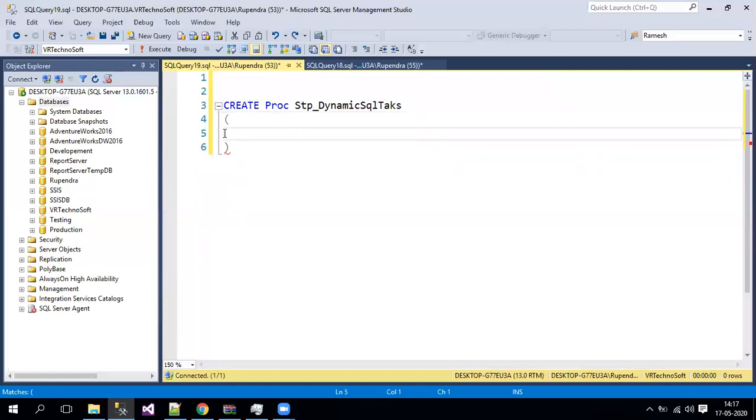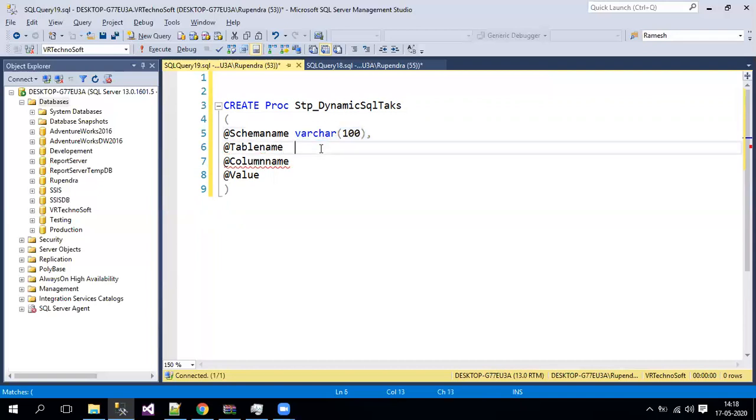So I'll keep all these variables as input parameters, and we'll also keep the respective data types. Let's say my schema name, I'll keep it as varchar of 100, and then my table name also varchar of 100, column name varchar of 100.